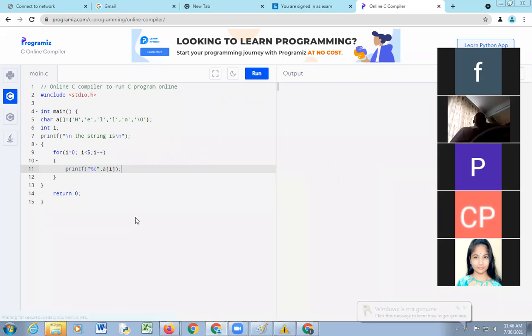Okay. See here, this code is written. We'll see the first output.